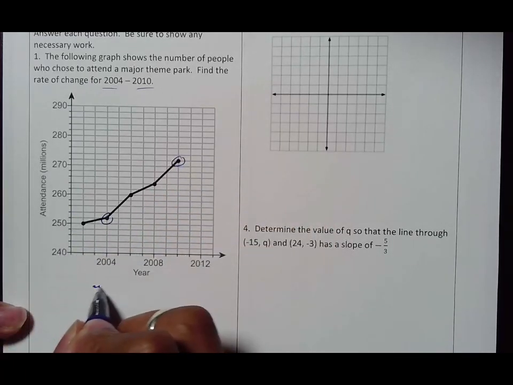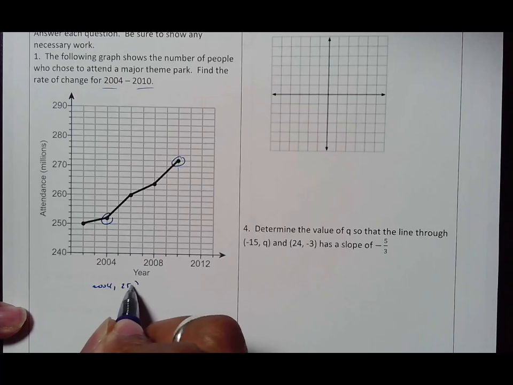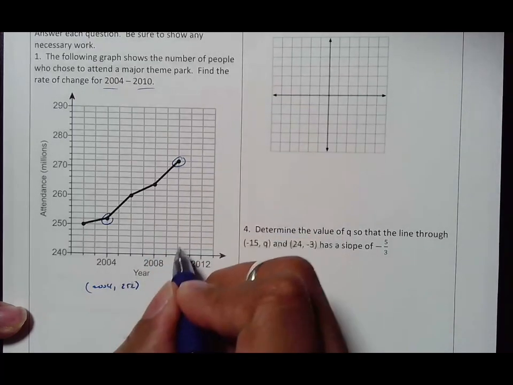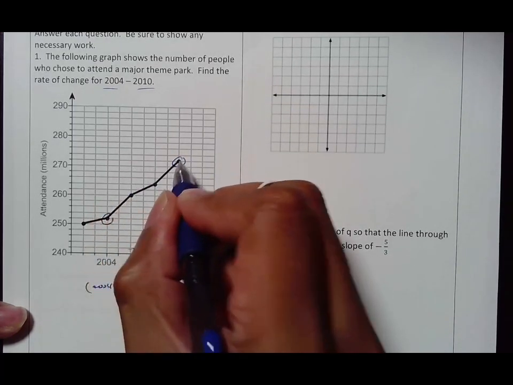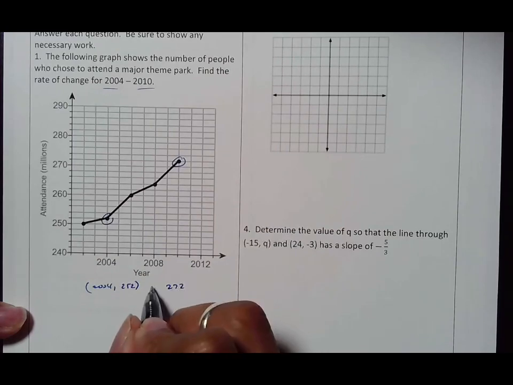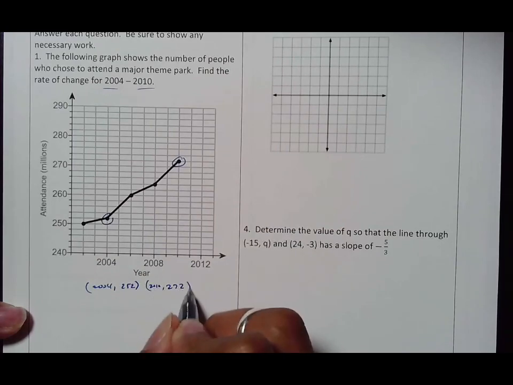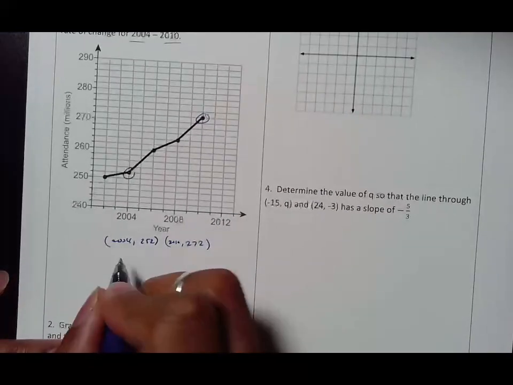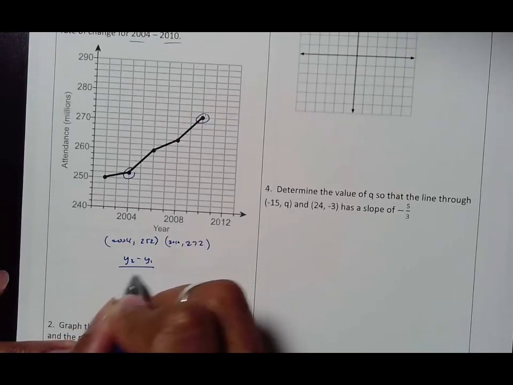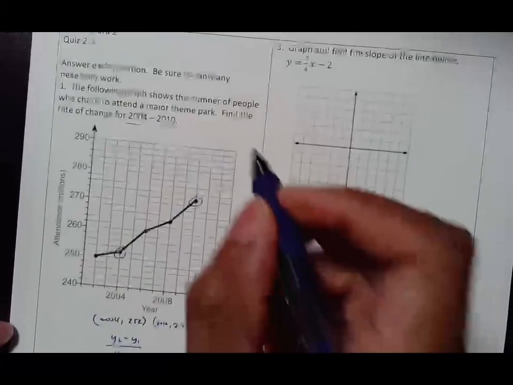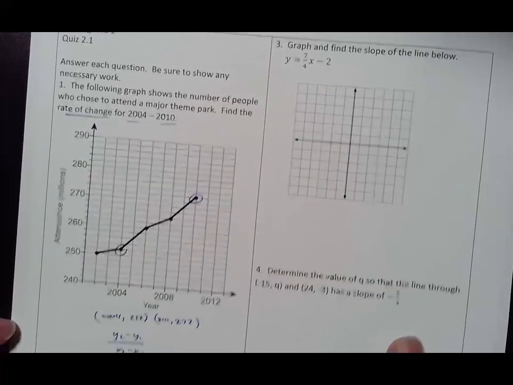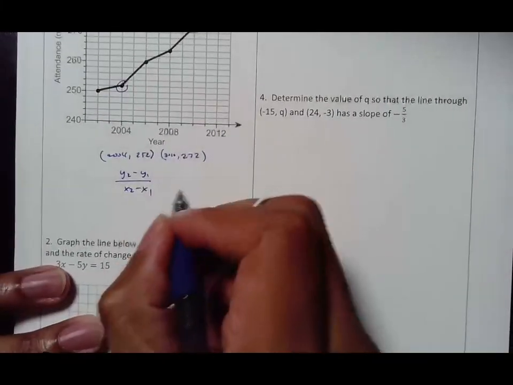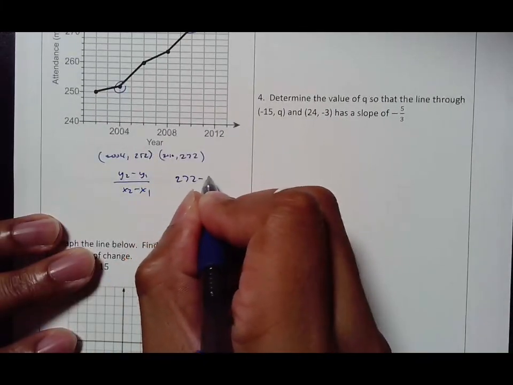2004 is at 252. 2010 is at, looks like, 272. And so you end up doing the y2 minus y1 over x2 minus x1. Anytime you see rate of change or slope, it's the same thing. And so what you do is your 272 minus